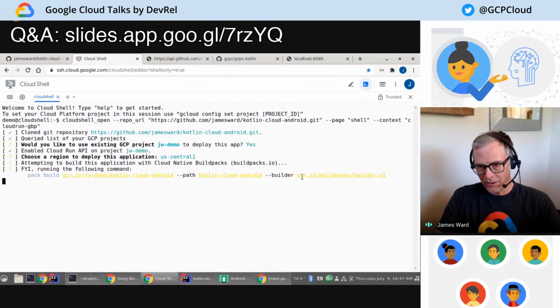And then the builder that we want to use, which is, you can specify different builders with CNCF buildpacks. So I'm using the Google Cloud buildpacks here. You could also use Heroku buildpacks or Paketo buildpacks. There's different buildpacks, but ultimately what's going to happen is it's going to look at this application, the source